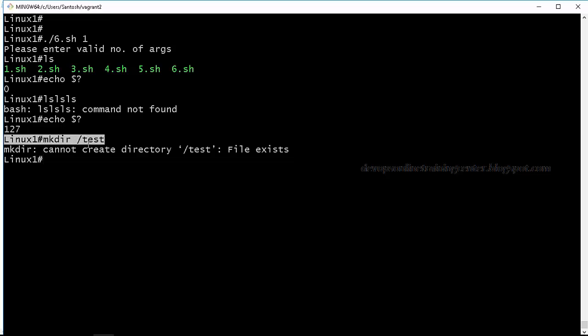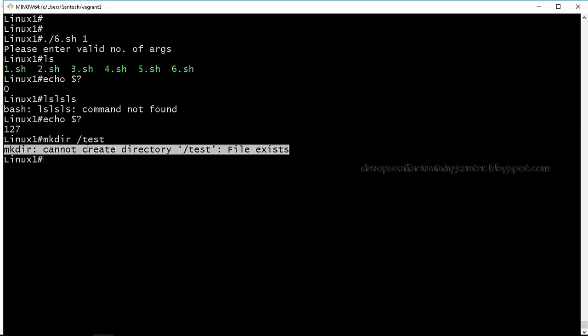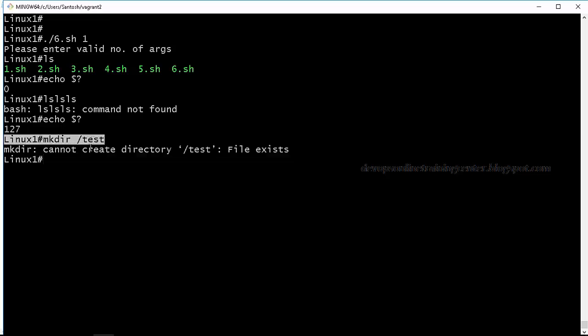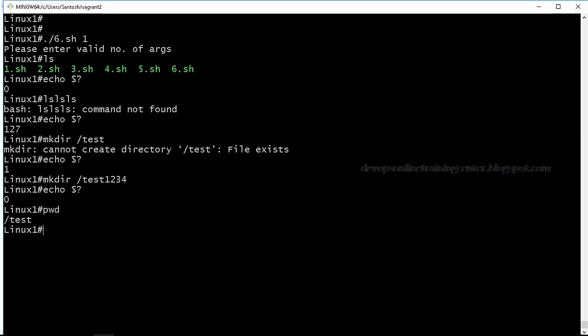But inside a script, there are a lot of commands to be executed and a lot of packages to be installed. In that case, we need to check the return code of each command. See, this is 1, indicating that this command is not successful. If you create some directory which does not exist, the return code will be success, right?